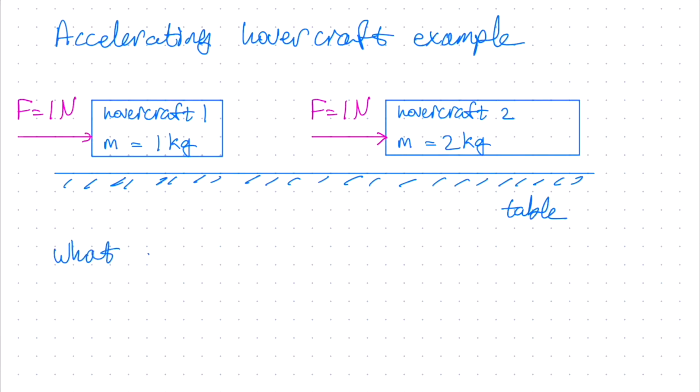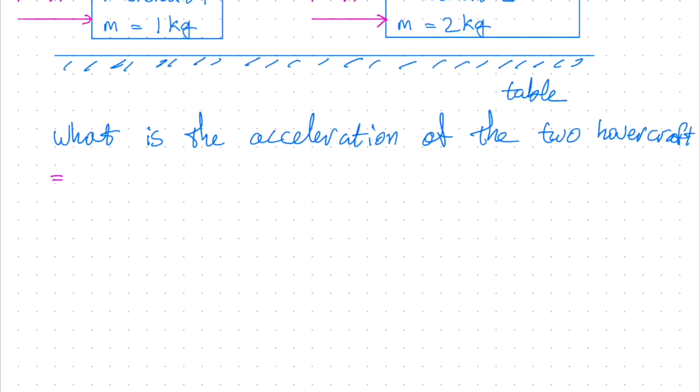Now let's go ahead and ask the question, how fast are the two hovercraft accelerating? We start with hovercraft 1. Manipulating Newton's second law, we get the formula that acceleration is equal to force divided by mass. From the diagram, we see that the force is 1 Newton and the mass is 1 kilogram. Now remember that acceleration and also force are vectors, and therefore we have to specify in which direction they point, and instead of representing the acceleration in component form, we just specify the direction in which it points, and that